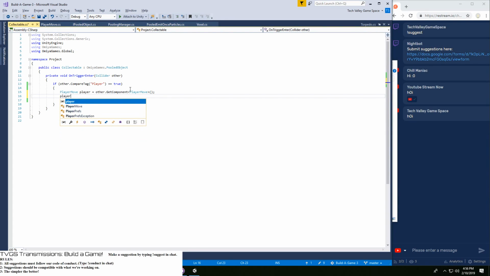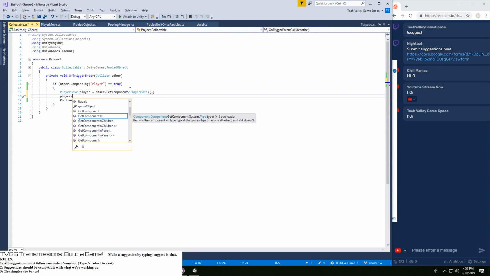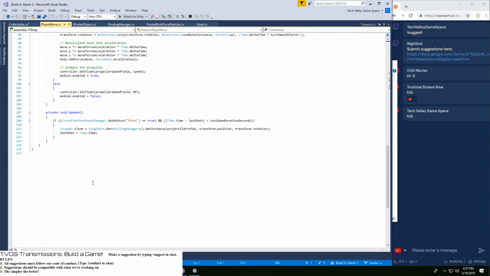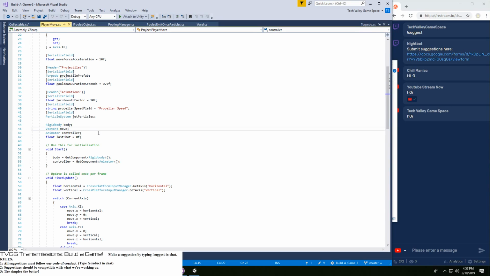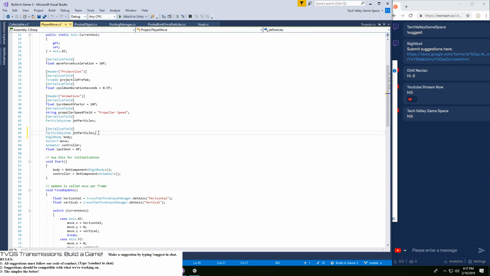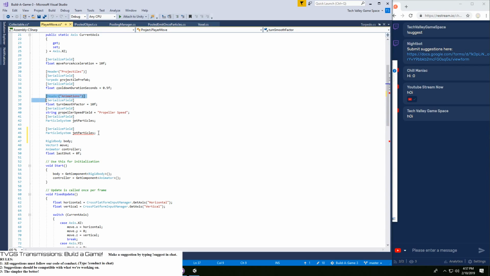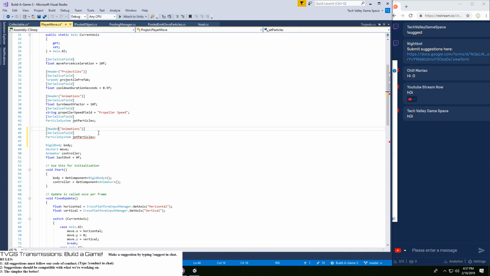And then from there we can say player dot, and then we can add some sort of function. Let's say sound effects.